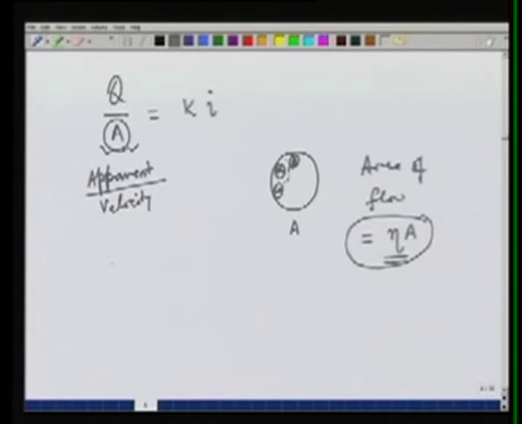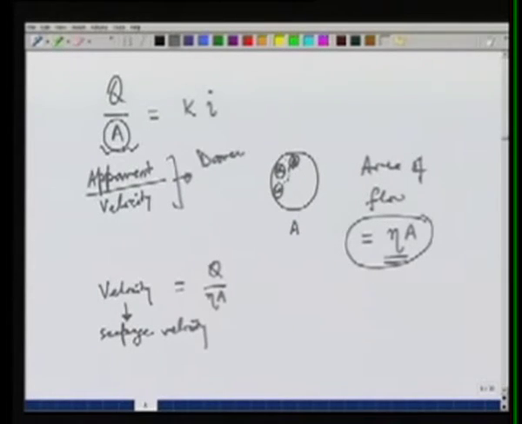So the real velocity, which sometimes is also called seepage velocity, will not be equal to Q over A, but will be equal to Q over eta A. Generally the term apparent velocity is used, but sometimes we also call it Darcy velocity, and denoted by small q. The real velocity or the seepage velocity is also written as q over eta, because Q over A is the Darcy velocity. So this is the actual velocity of flow,